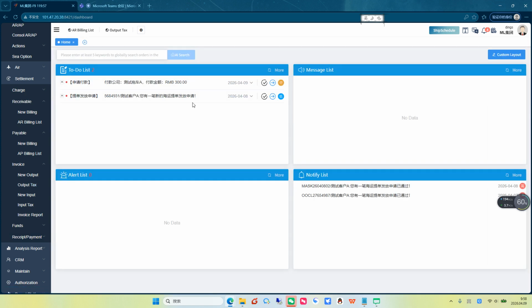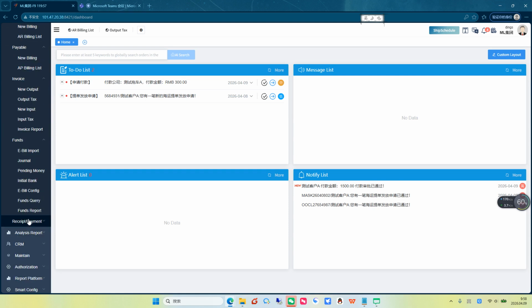These functions like payment, reminders, payments, and invoices have already been covered. We'll skip those here as they work identically to the previous modules. In simple terms, fund management consists of three core parts: